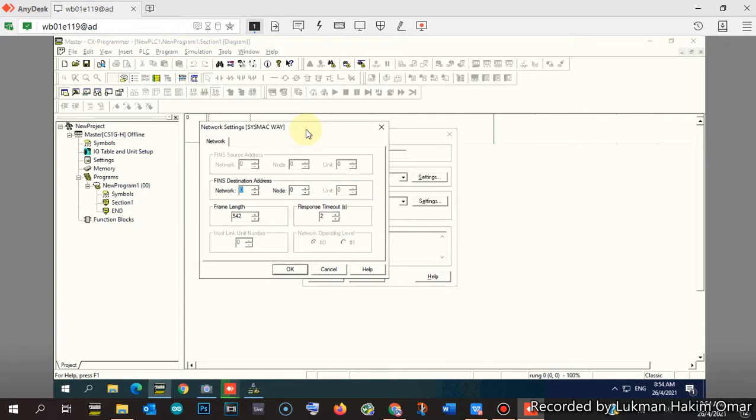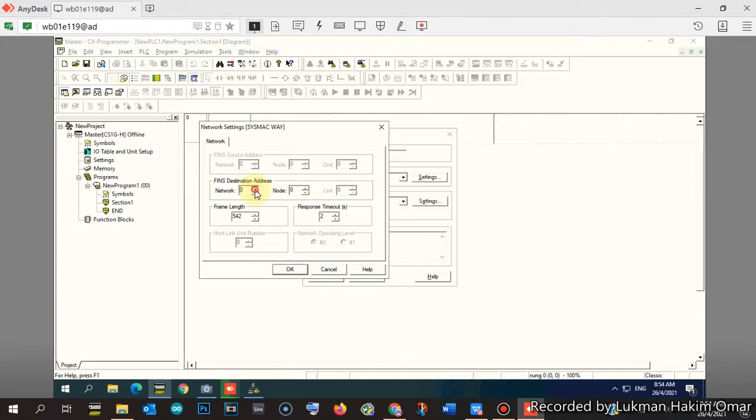Our only concern is this fin destination address, the destination to the slave PLC. For the destination address, the network number here is not the remote network, but the local network.